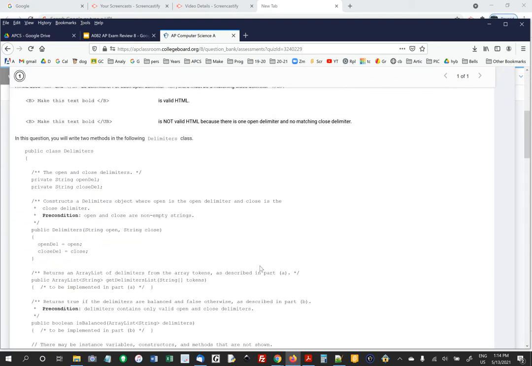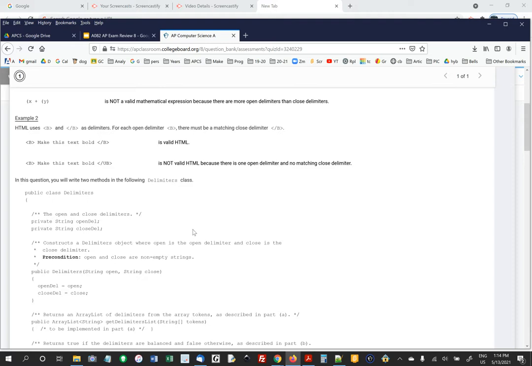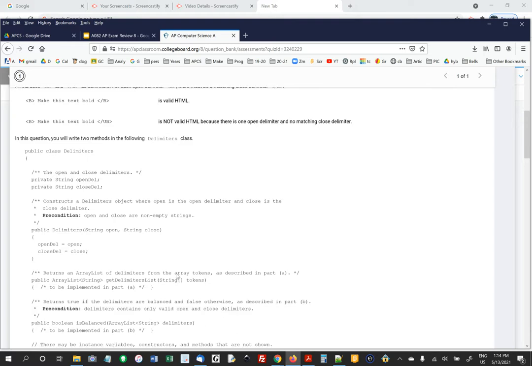I'm not going to walk you through the whole thing in great detail, but a delimiter is something like parentheses in math, and they have to come in pairs. So this line, they're balanced. This line, they're not. There's one more open delimiter, then there's a close. If you've ever coded in HTML, there's these different symbols. So a delimiter doesn't have to be a single character. It could be 3 characters or 4 characters. But we don't care about what's valid or not valid right now. We're just being passed